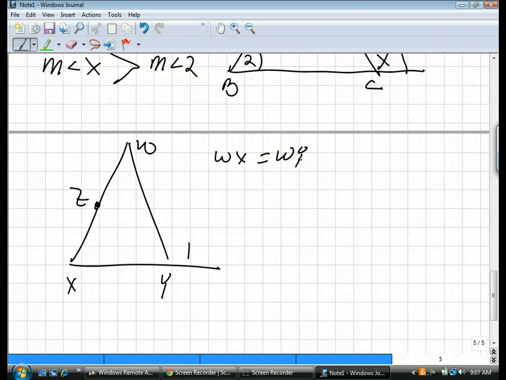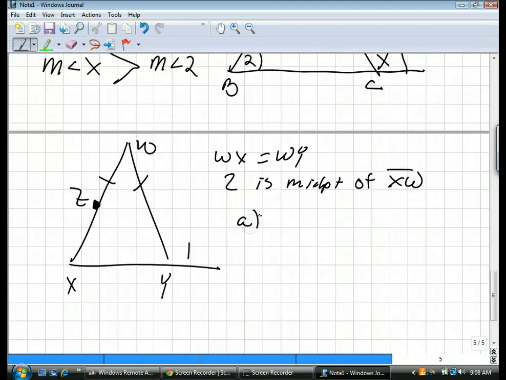Okay, so we know that this is congruent to this. And we know that Z is the midpoint of XW. Okay, so